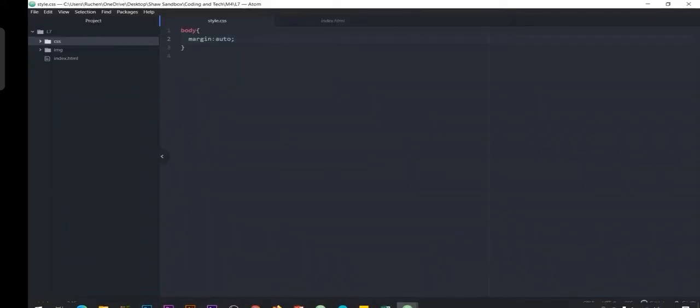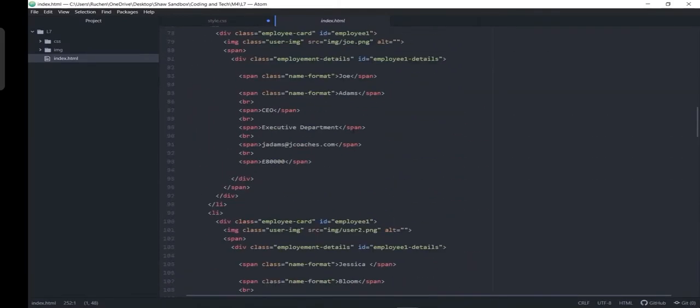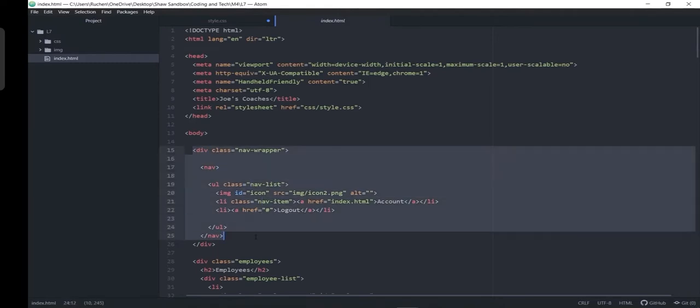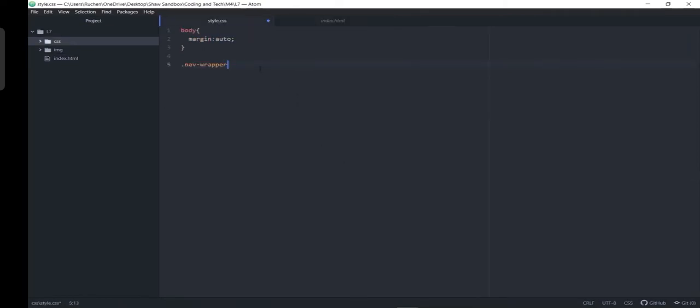Great. So let's head back over to Atom and let's actually start working on our navigation bar. So I'm going to call my nav wrapper, which is the class associated with my navigation system. Where do I find this? If we head back over to our HTML document, I am essentially just calling my navigation bar, which is this block of code over here. And you'll see it's contained within a div container. So I'll say nav wrapper,